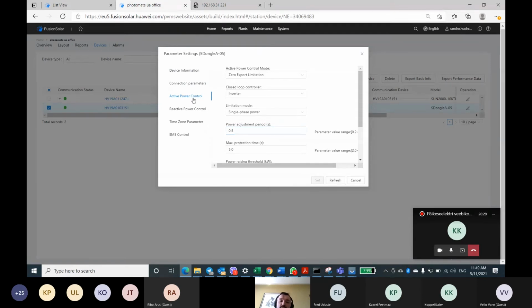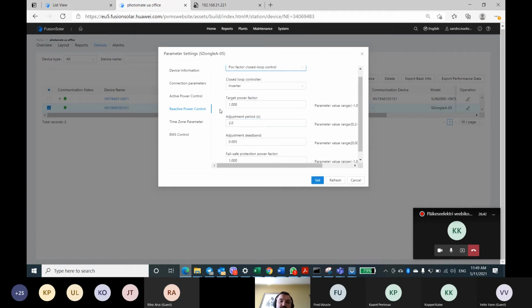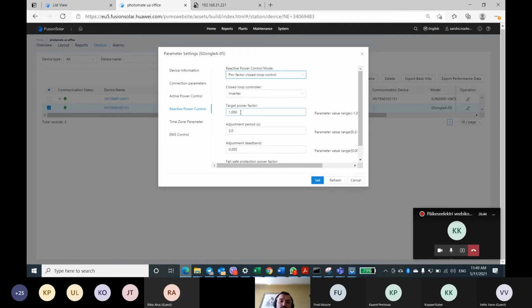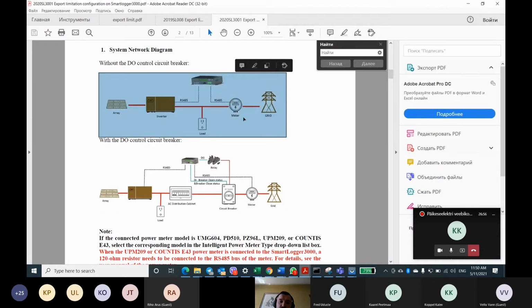Basically, the same story is about reactive power control. If you choose reactive power control, by default here is no output, but you can choose power factor closed loop control, and you put here the target power factor. It means what power factor you want at the grid connection point.